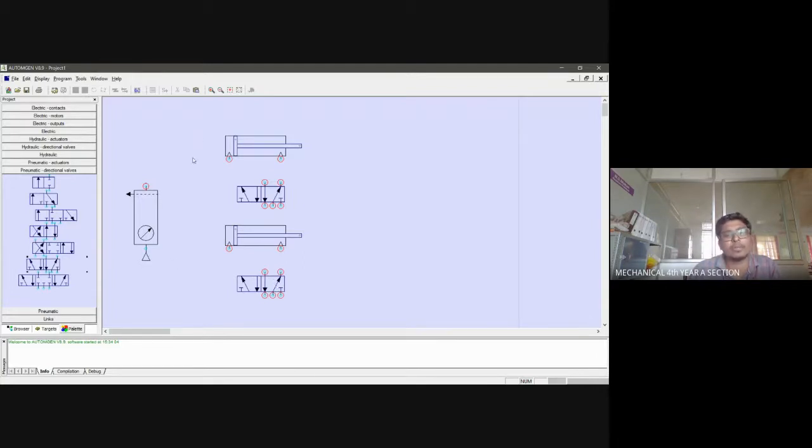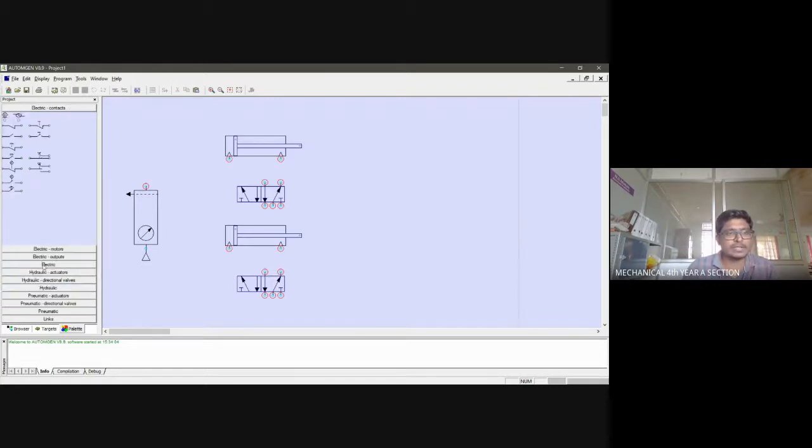Okay, for controlling this, you have to choose the electrical switches. You have to make use of these electrical switches, because a pneumatic system is completely controlled by an electrical system. Care should be taken when you are doing this particular experiment. You have to choose the electrical system also. So let us move on to the electrical system now.